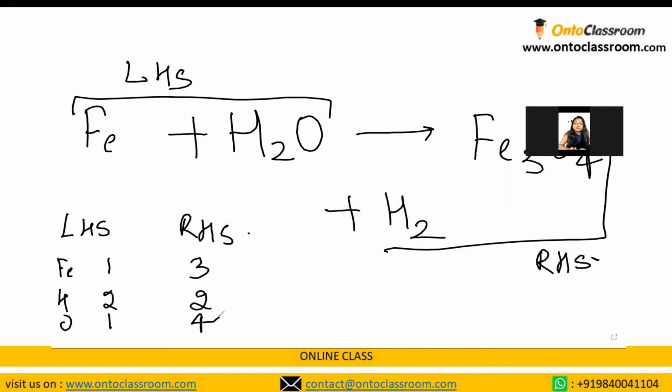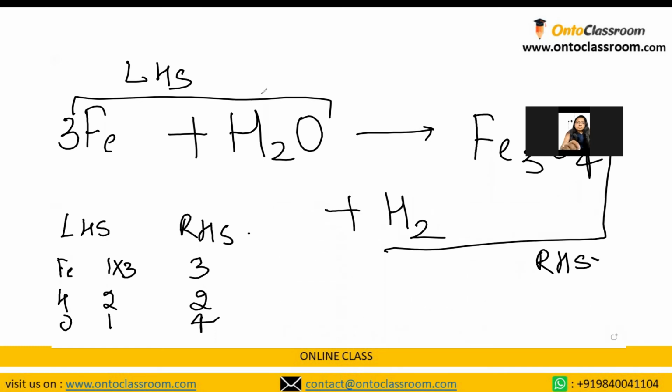You are correct. It is iron. Iron is very easy to balance. You see, here you have Fe3, here is Fe. What you need to do is multiply the LHS with 3. Then you get 3 atoms. So now here it is 3. Now coming to oxygen. Next let's balance oxygen, because if you balance hydrogen first, then again you might have to balance oxygen. So let's balance oxygen here and then we'll go to hydrogen.